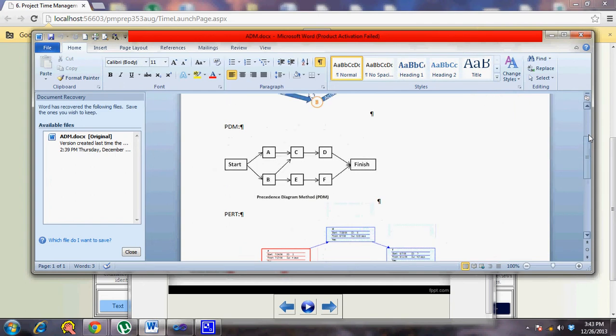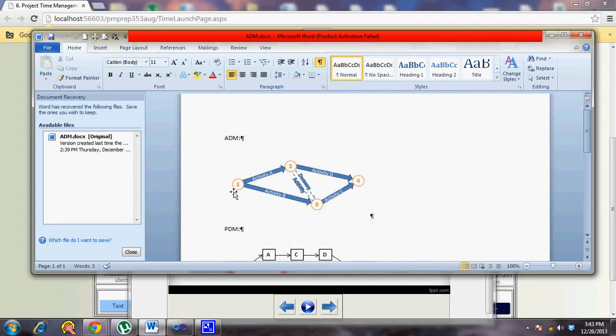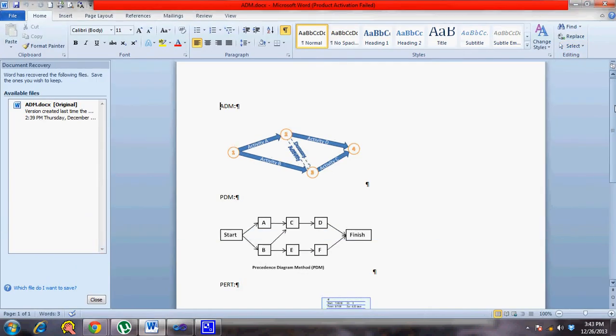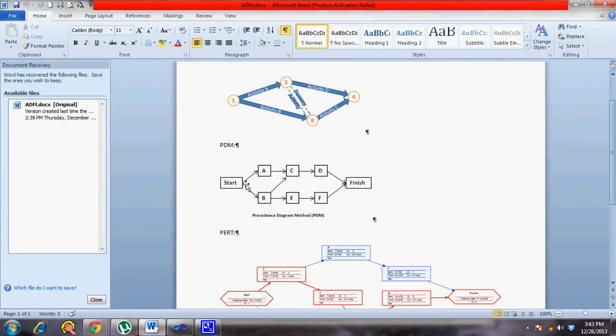For instance, if you look at the arrow diagramming method, you have the nodes, and then they are linked using activities. So this is called activity on arrow. Your activity name falls on the arrow. You can have dummy activities in case of the ADM method, but in case of precedence diagramming method, you can't have dummy nodes. You will have your nodes, then the activities are represented in these nodes. Start to finish, you have activities falling between them, but then the node as such will represent the activity. That's why it's called an activity on node relation diagram.